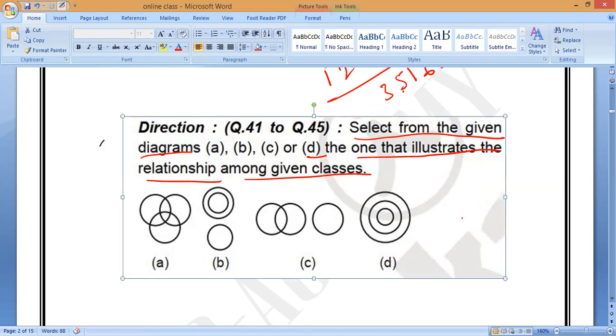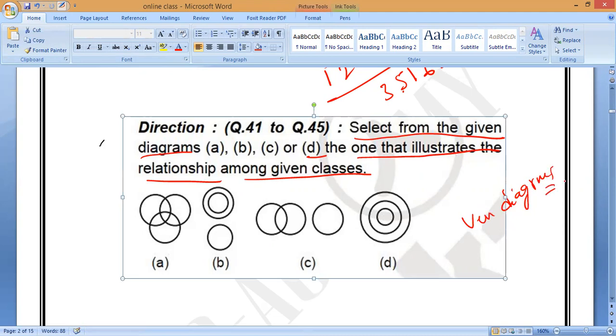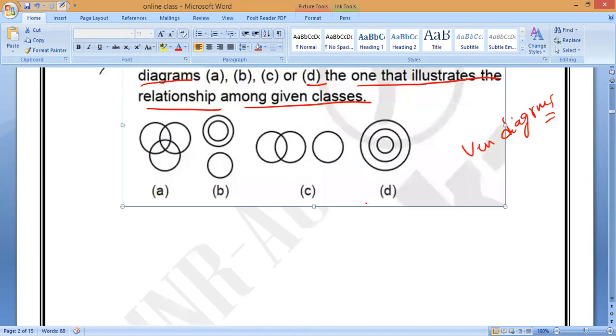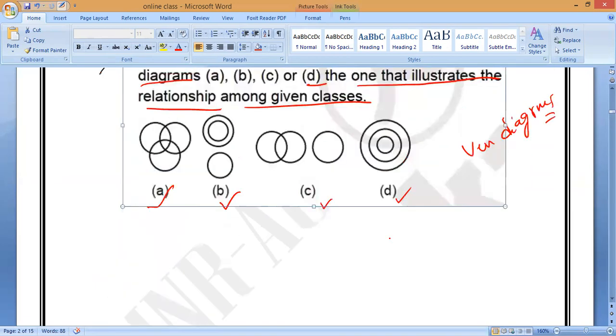So this is called Venn diagrams. Is it yes or no? Have you studied or not? Lower classes you have studied, 9th class and all. Venn diagrams you may come across. Means we have to find the relation based upon these images. Means they belong to the same family or something, union or intersection like that will come. So this is the thing. Observe very carefully all of you. These are the diagrams.